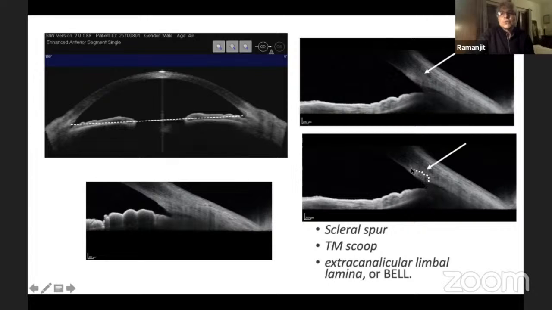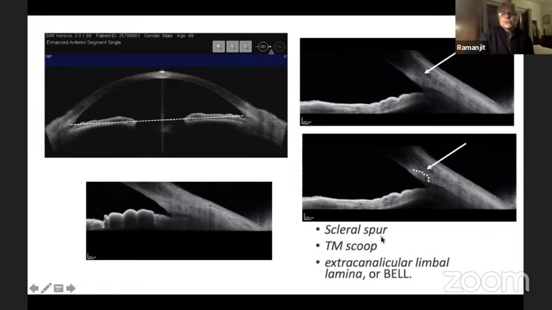So this is what I've drawn over here. And if you look at this diagram, you can see the lamina over there. At the same time, you also see what is called the trabecular scoop. That means here we have the scleral spur,